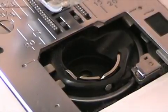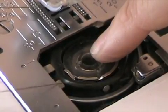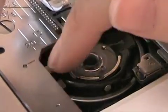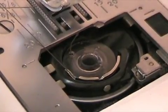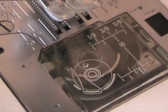To insert my freshly wound bobbin, I just drop it into the bobbin case with the thread running counterclockwise. I guide the thread into the first notch and gently pull the thread around to slip into the second notch like this. I close the cover, and I'm ready to draw the bobbin thread up through the throat plate and